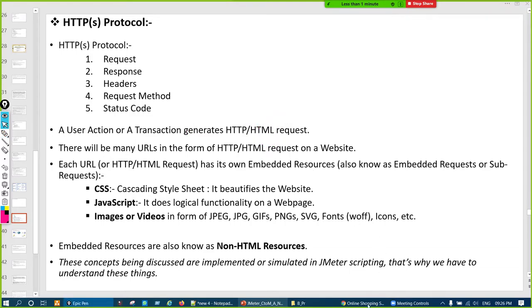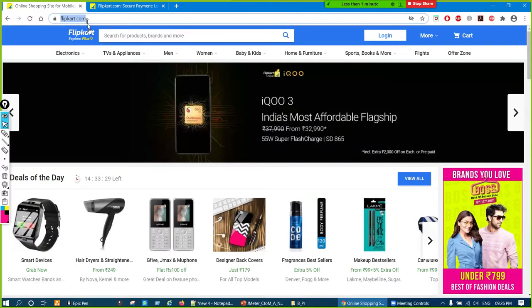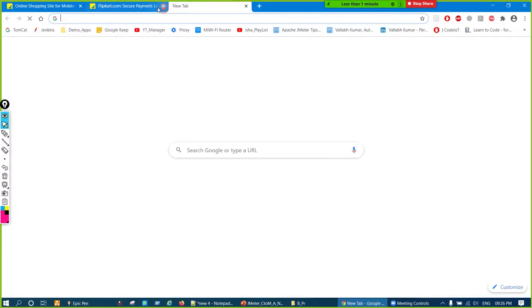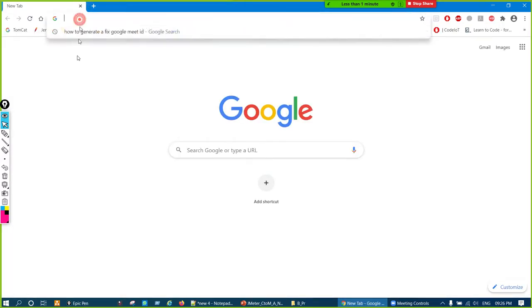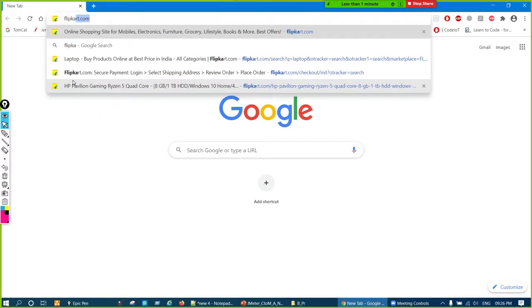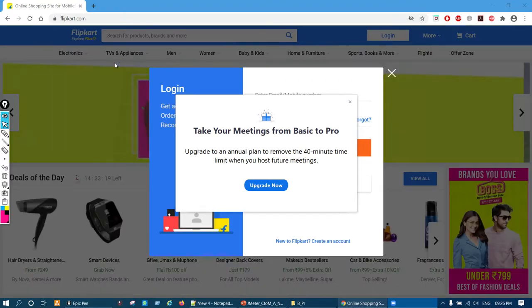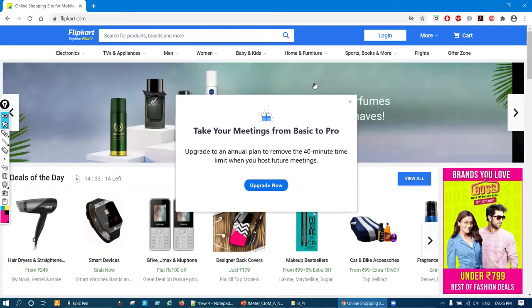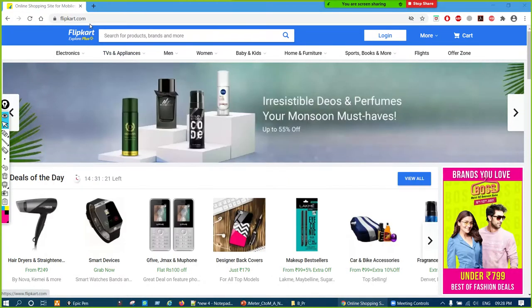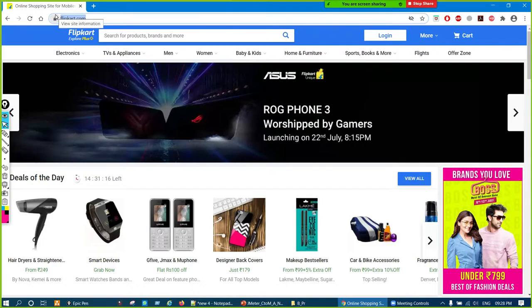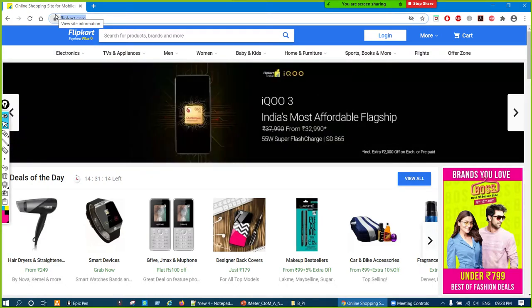Let us say we go to this website, flipkart.com.